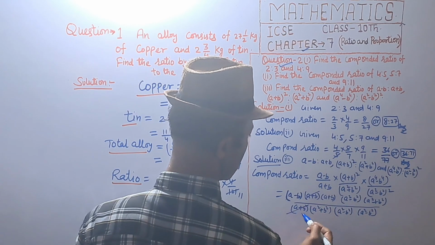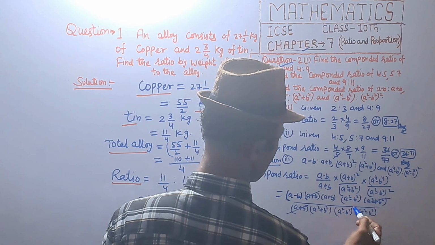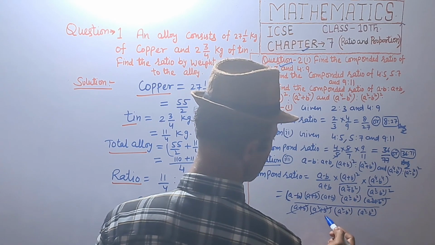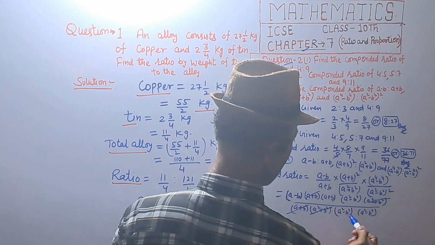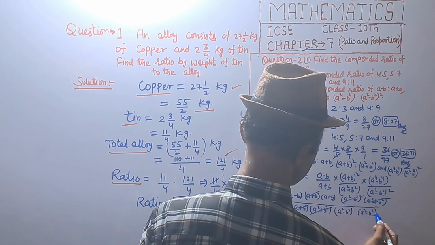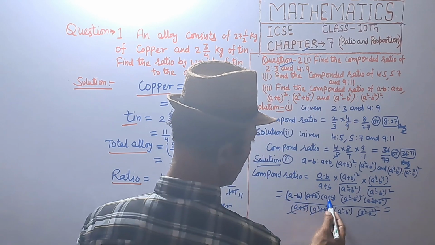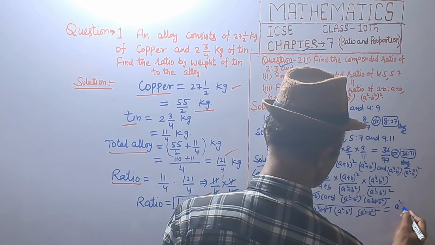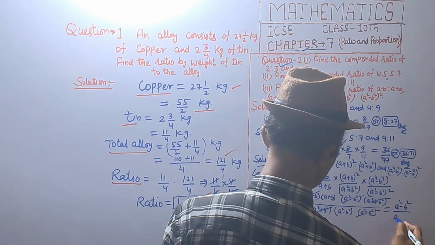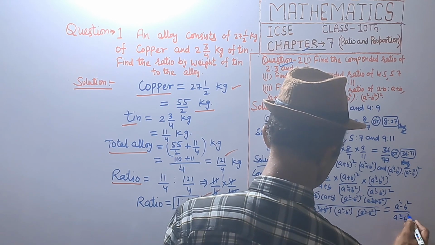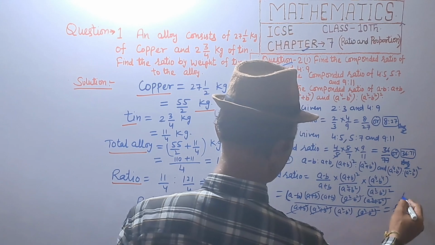A plus B cancel. A square plus B square, A square plus B square is cancel, and A square minus B square, A square minus B square is cancel, and A minus B into A plus B, that is equal to A square minus B square upon A square minus B square. This is cancel, and we get